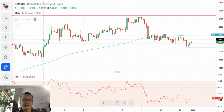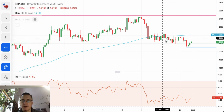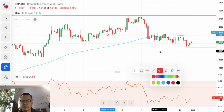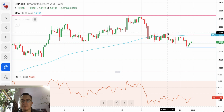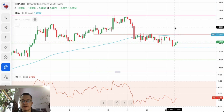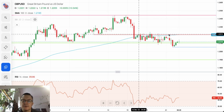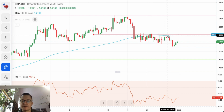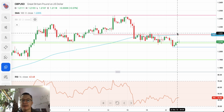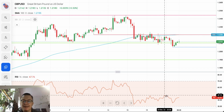And in case you are wondering where is the technical resistance in this pair, you can say that this technical resistance, as you can see, might be located here. It's been tested plenty of times. Someday this level might be even much more dynamically violated. Nonetheless, it's very, very close right now to the 100 periods moving average, located just at the level of 1.2206. So pretty important level that is. 100 days moving average technical resistance. Bulls will need a lot of momentum to break above this level, and as you can see, the momentum is